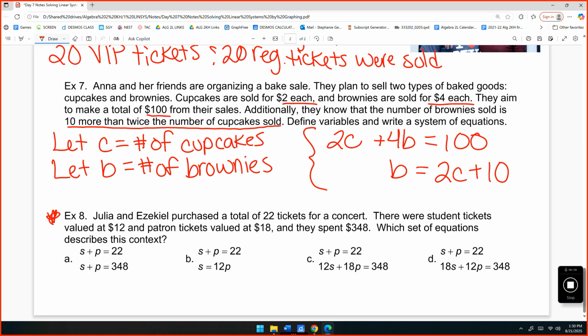All right, so what do we think is the right answer? D, I think. Okay, C. Now look at C and D. C and D, they look exactly the same. I read that, I still read it wrong. I know, right? It's easy, but it's also easy to mess up. Student tickets valued at $12 each. Yeah, I read that wrong. So that means it's going to be that one. I know, right? Just gotta be careful. Okay, so you can